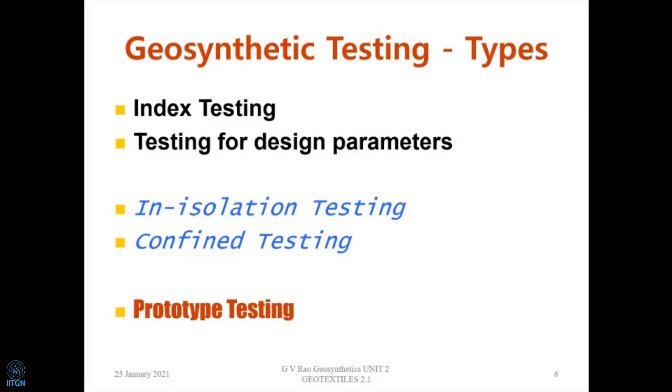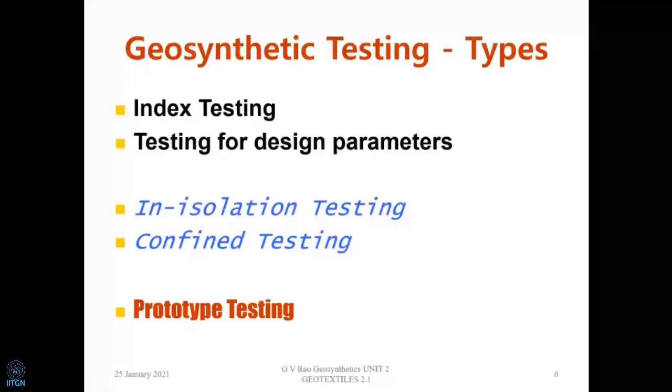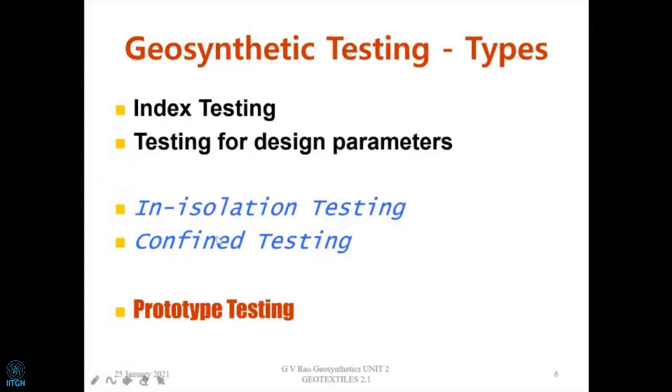And another class of testing could be in isolation or confined. What we normally do in testing is, for example, you test steel. We are going to test a steel rod or steel strip or whatever it is. But in this case, we are going to test the geosynthetic in isolation, that means just the geosynthetic alone. Now, this may not always give us a good result. For example, if you are finding out the permeability of the material, well, we can do it in isolation. But then the permeability will come into the picture for assessing the drainage and filtration when it is confined by soil on both sides.